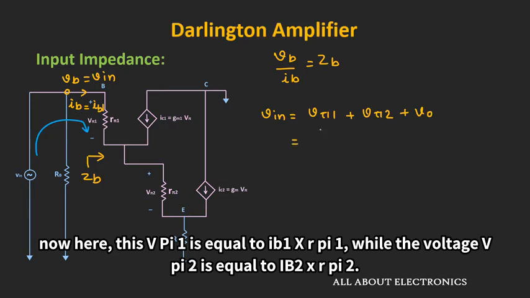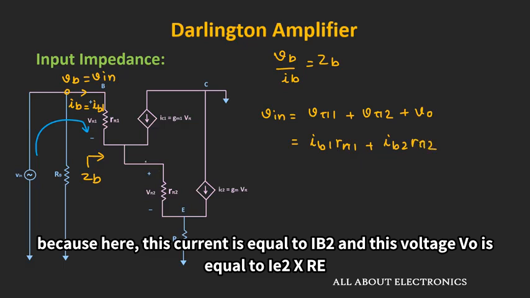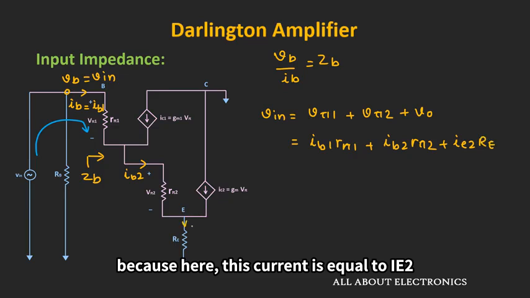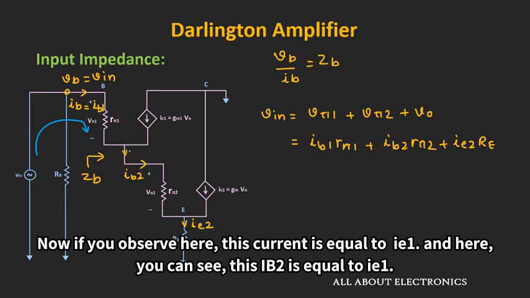Now here this Vpi1 is equal to IB1 times Rpi1, while the voltage Vpi2 is equal to IB2 times Rpi2, because here this current is equal to IB2, and this voltage Vout is equal to this IE2 times RE, because here this current is equal to IE2. Now if you observe over here, this current is equal to IE1, and clearly you can see this IB2 is